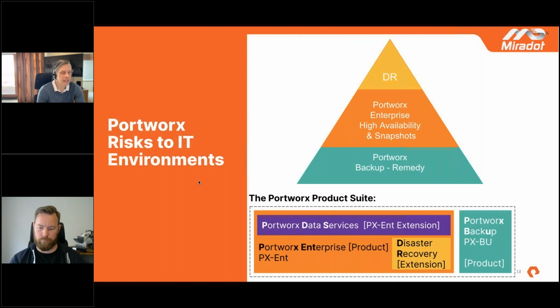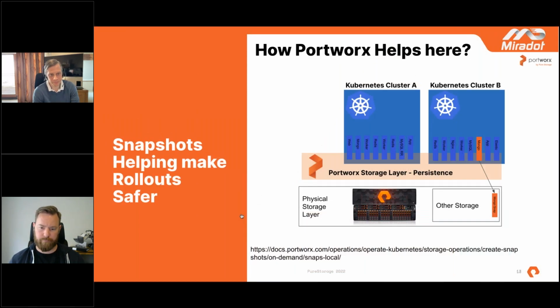So you can get started very easily with Portworx Backup. Indeed, we have a terabyte of free management, free forever, in a SaaS that you can get started with Portworx Backup. It installs in 2 commands, and we'll show you some demo links at the end. So have a look at that if you've not already.